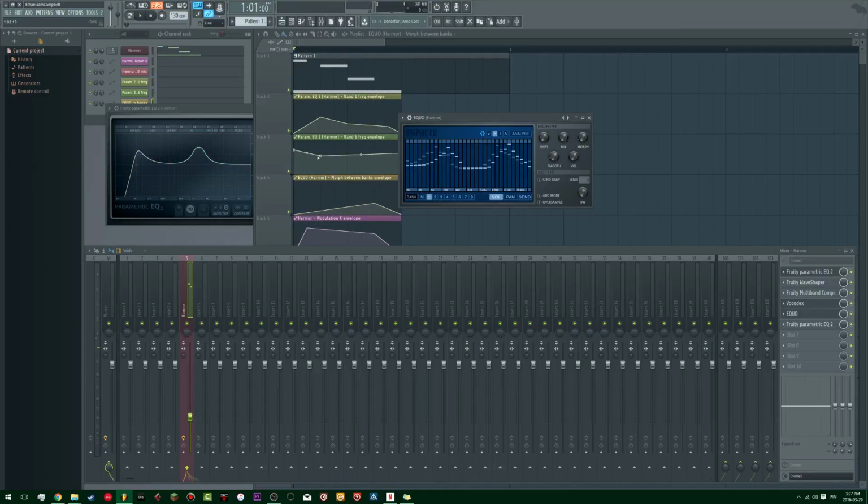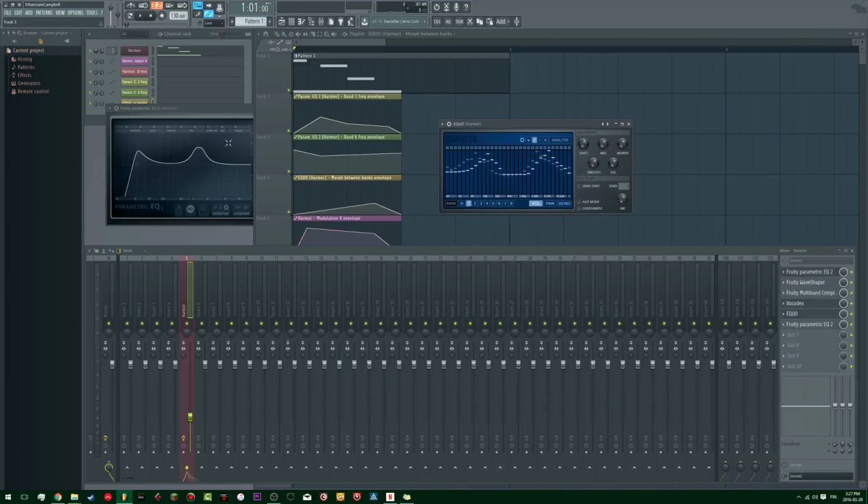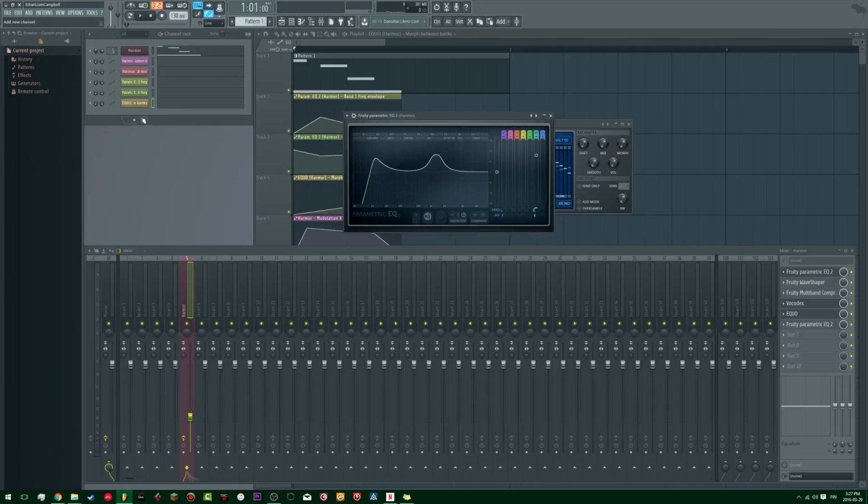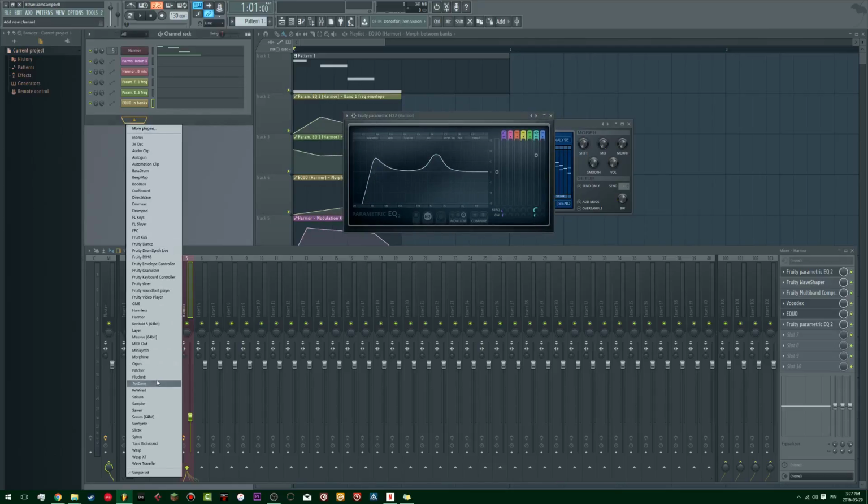Okay, so what I'm doing here is, like I said, we're adding vowels, right? So you get vowels from adding resonance, like peaks, like notches like this, through a filter or EQ or whatever. So if I show you in Serum,